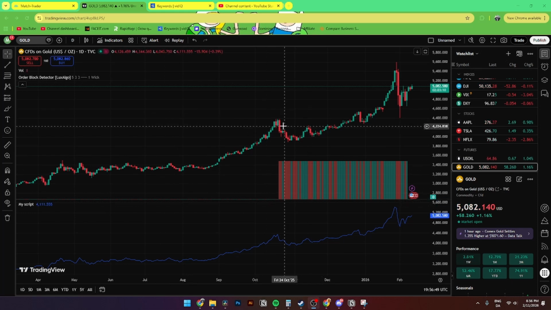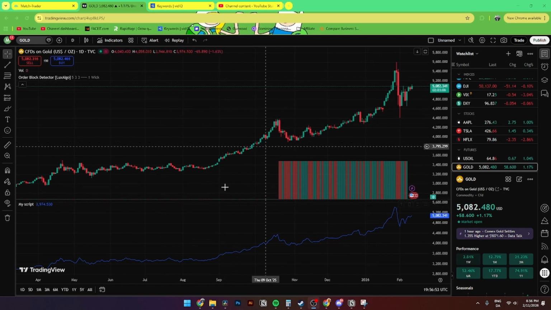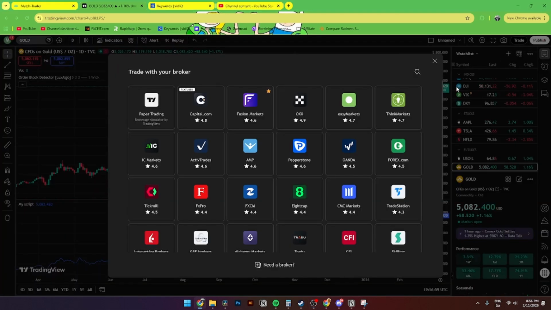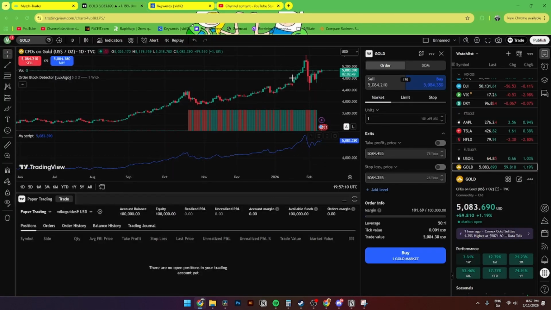Once you're inside of here, you'll need to log into your account and go up to the super chart to get this page right here. From here you'll need to go up to the right hand side and go up to trade, where you can choose your broker that you want to trade with. From here you'll need to choose any of these specific brokers over here, but for this tutorial I'm just going to use paper trading. Once you do that, you'll simply click connect,